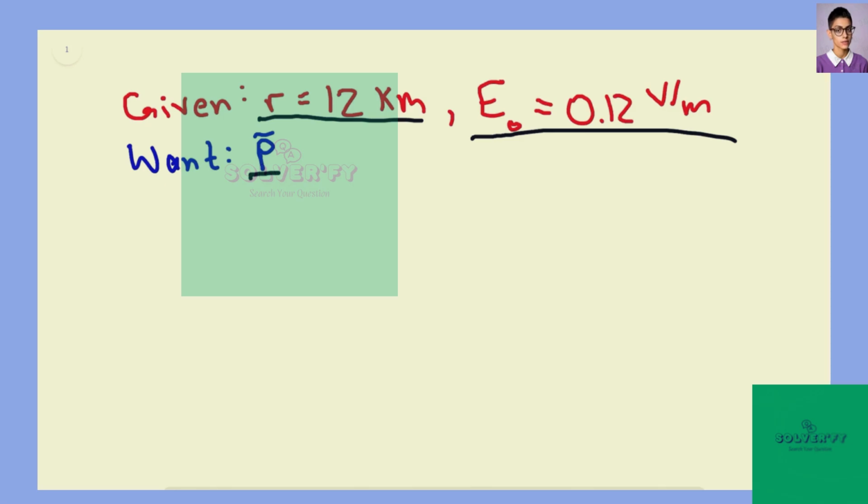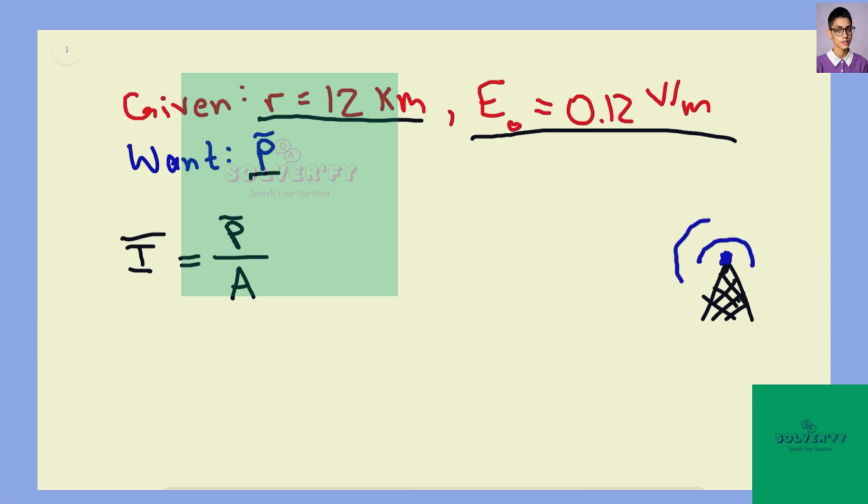So first we should consider the concept of average intensity. And it's defined as average power over the area that the signal is being spread across. So if we have our antenna and it's transmitting some signal, initially, right at this point here, all of the power is concentrated at a single point. But as the signal is being broadcast in spherical waves,